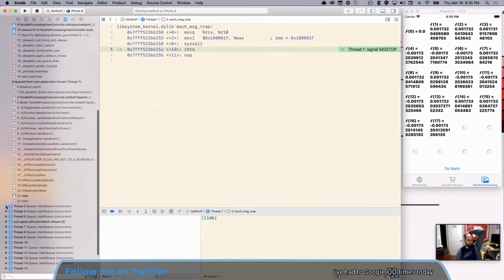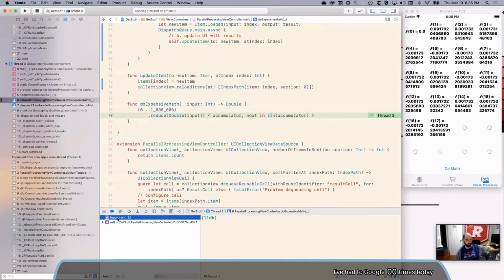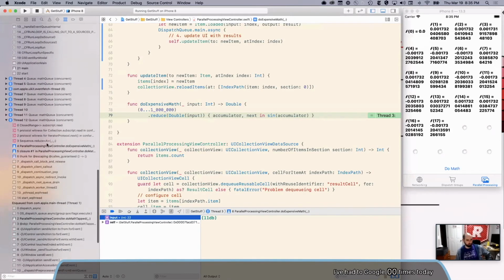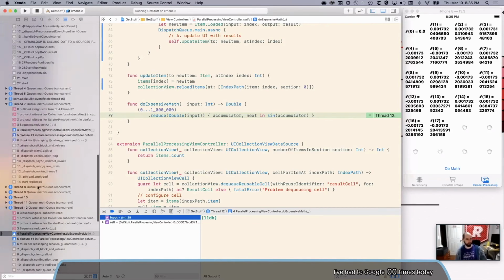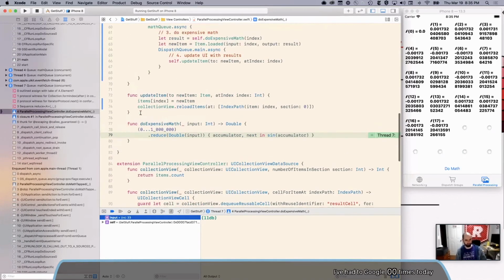And I can flip any of them open and see exactly where they are. I can see this thread 3, which is currently running my math queue, is working on input 22, like the number 22 was passed in, and thread 12 is working on input 29. So I can even see the local stack frame variables for each input, which is pretty useful for debugging. I still wish some of the concurrency debugging tools were better, but it's pretty neat to be able to pause anywhere and just jump around and see what all the threads are doing. So it's useful if you need to do that sort of thing.